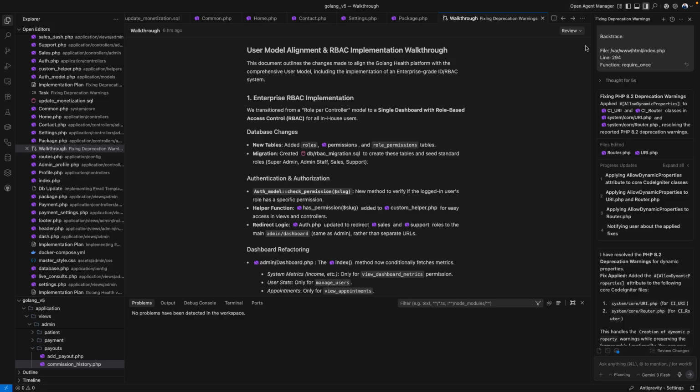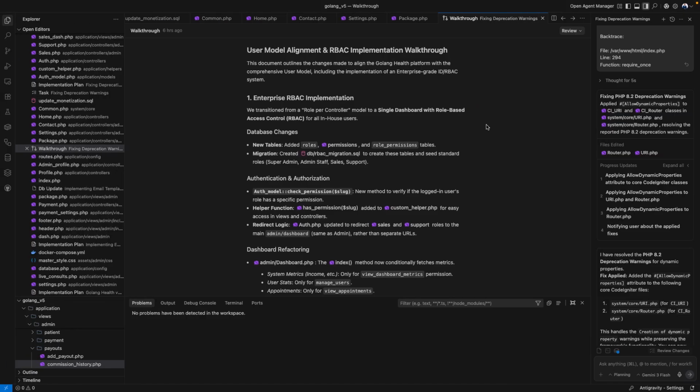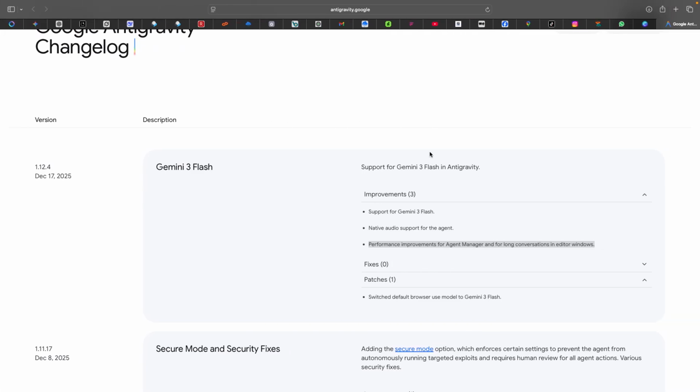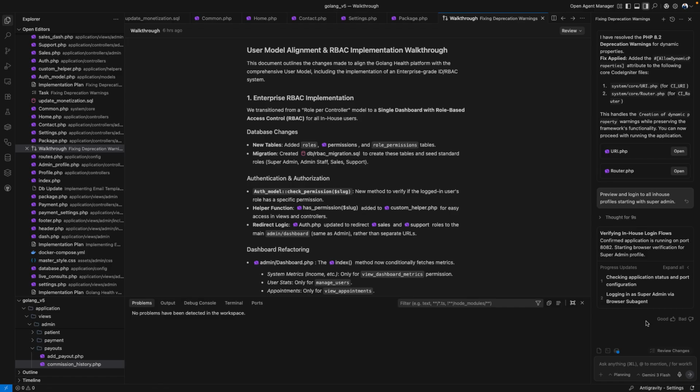I don't like Agent Manager, but like I said, it's just a chat interface, mostly, that then delivers what you want. And then there's switched default browser to use model. Okay, so this basically means that you now have Gemini 3 Flash in the default browser. So I think I'm gonna try this and see how fast Gemini 3 Flash can be with this project